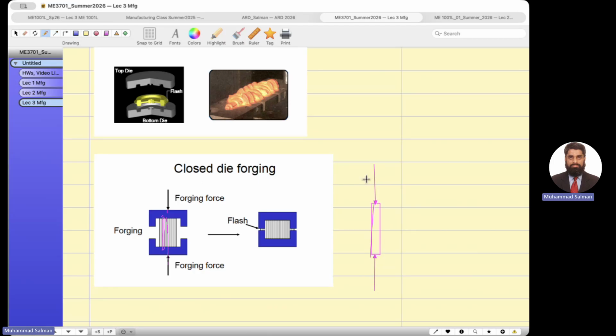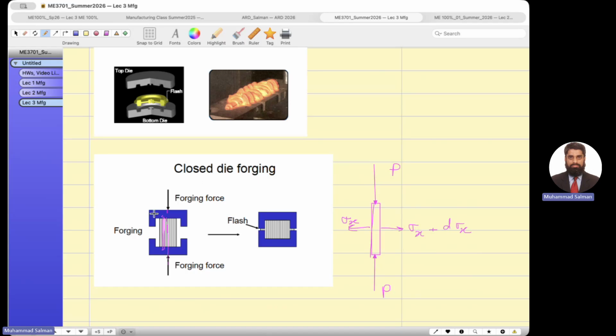Suppose the top is applied force and the bottom is the reaction force, and then it generates some stresses. To the right is different than to the left,